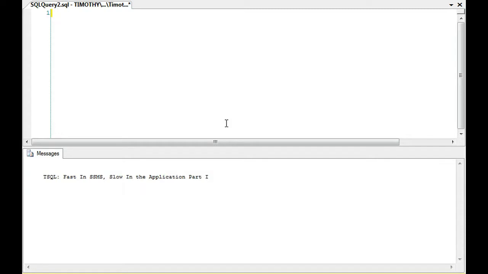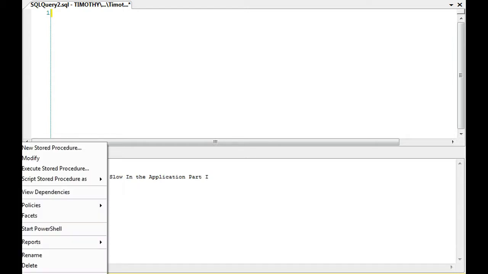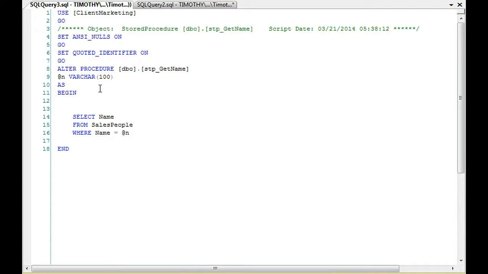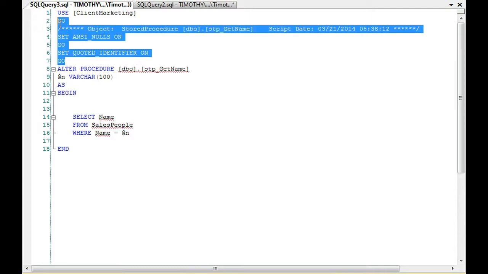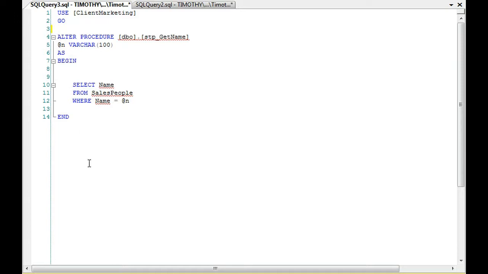And when I say application, keep in mind I could be talking about a .NET application, a Ruby application, anything. With this type of troubleshooting, I've seen anything from SSRS to any type of .NET application. So let's start with one of our stored procedures here, and it is the get name. What it does is look at the salespeople table and get a name, and we're going to pass in the parameter